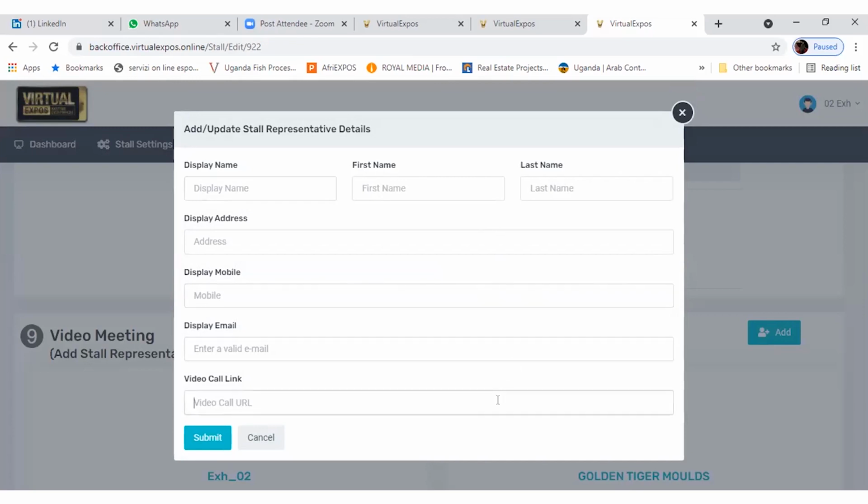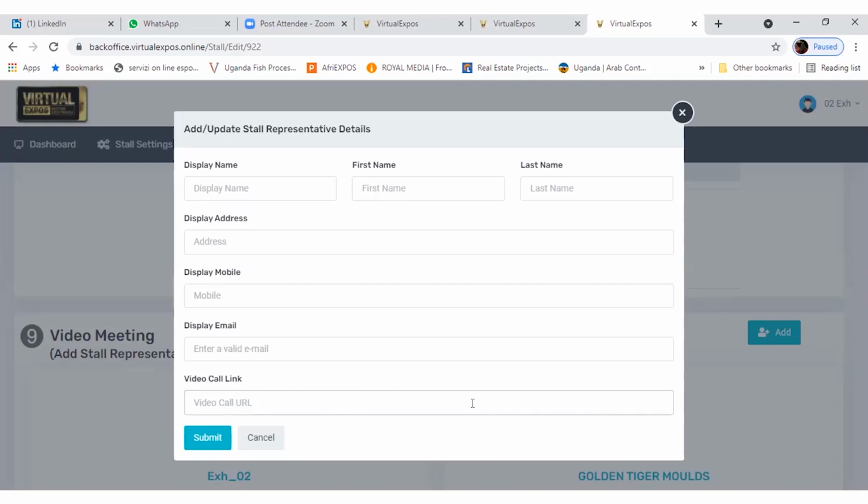The last option is the very important option. In this one, because this is the option where the visitor, once they click the link, they will be able to do video conferencing with you. So any Zoom link you have, like Zoom link or any Google Meet link or any Skype link or any video conferencing link, you just need to create, and you can copy paste that link here, just like the Zoom link which we got for this video presentation.